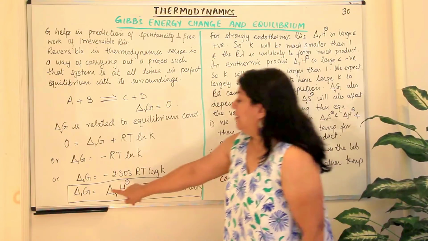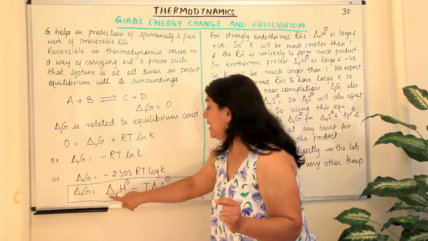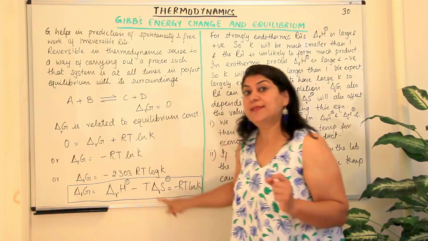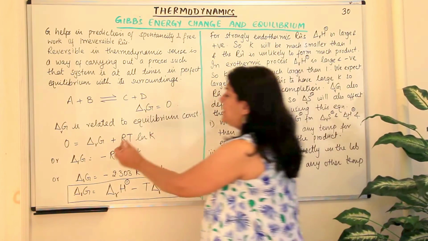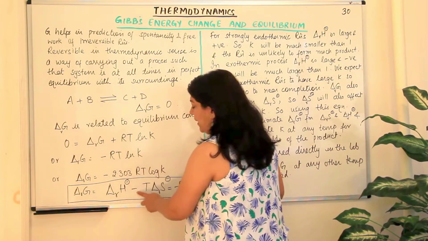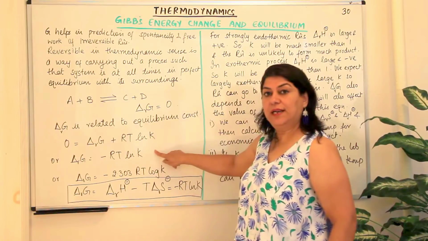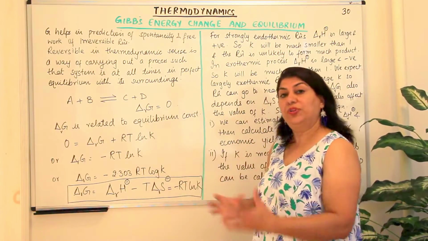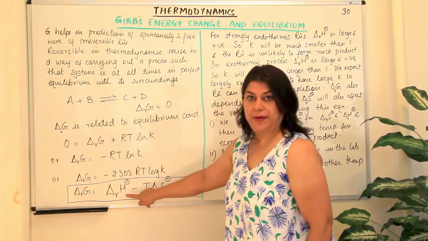Now, free energy change, we know that delta G is equal to delta H minus T delta S. So let us put this value also. Since delta G is equal to delta H minus T delta S and delta G is equal to minus RT ln K, we can equate all three. That is, delta rG° is equal to delta rH° minus